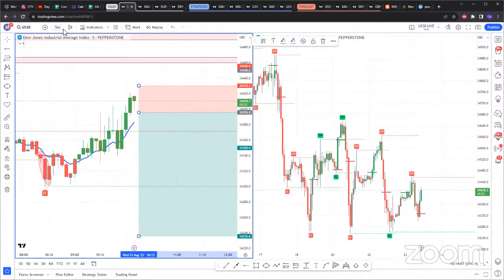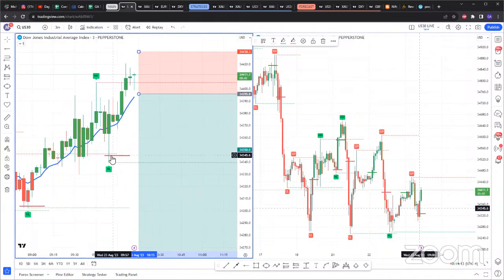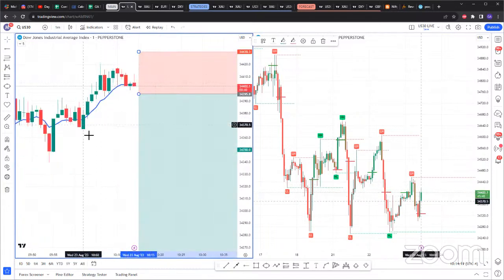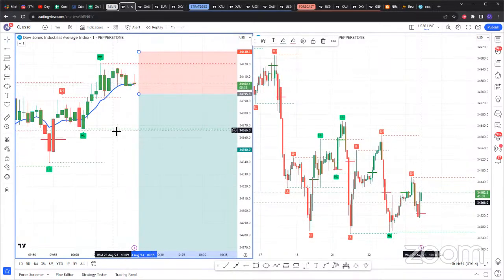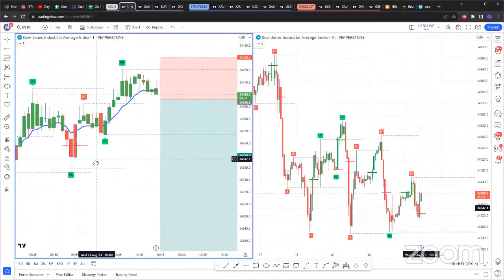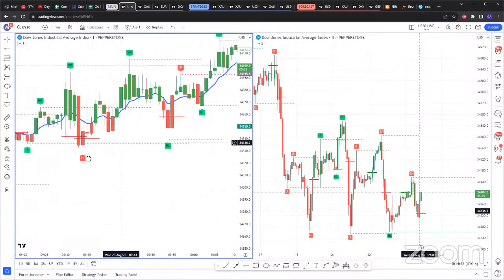Unless you want to go down to the 1 minute, I'm pretty sure even on the 3 minute there's probably a sell SAR entry. You can see on the 3 minute we have a sell SAR, but we don't have 2 candles closing. On the 1 minute, we don't even have a valid sell SAR. You can see here, on the 1 minute, every time it's just 1 candle closure. So keep in mind, we're looking for 2.